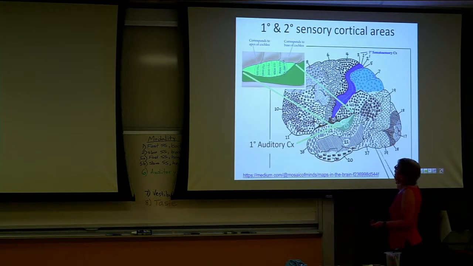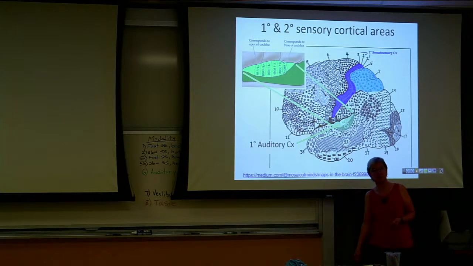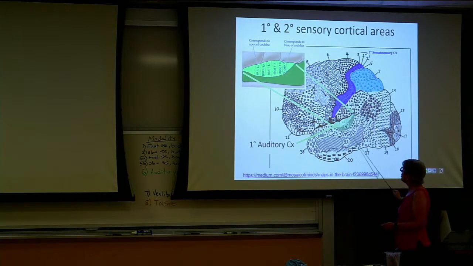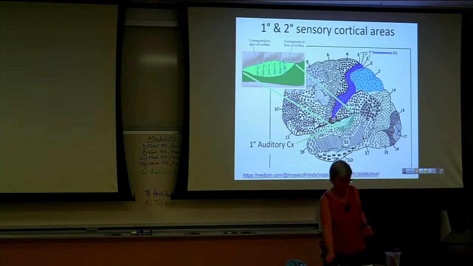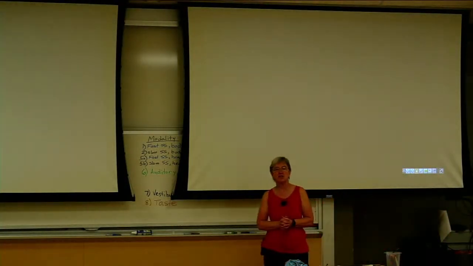And the higher tones are located more posteriorly, and the lower tones are found more anteriorly. And then this region over here is just secondary auditory cortex. And that is the last of our lectures for the auditory